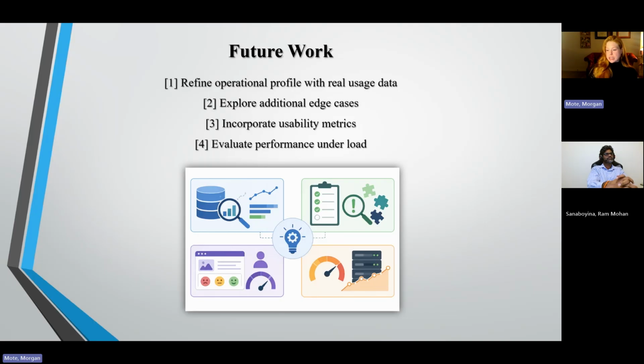Incorporating usability metrics would also provide insight into how system design affects user experience, particularly in scenarios involving persistent states like password resets. And finally, evaluating system performance under load would allow us to understand how the authentication system behaves